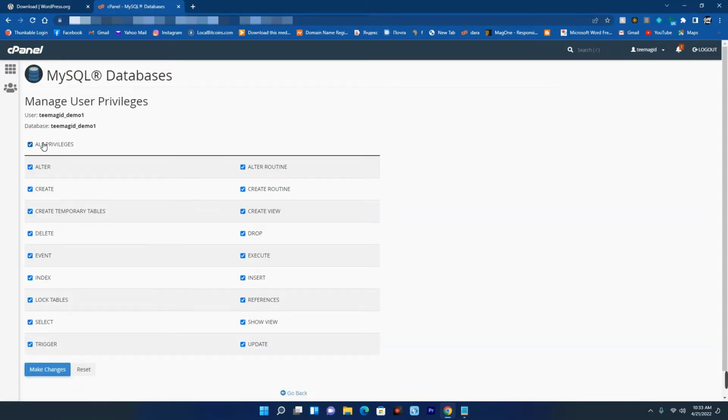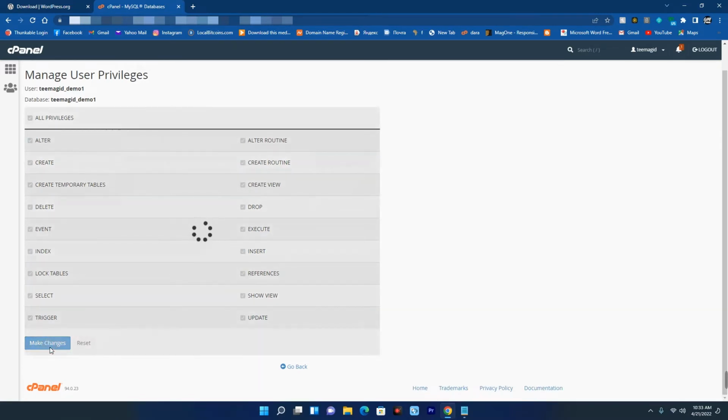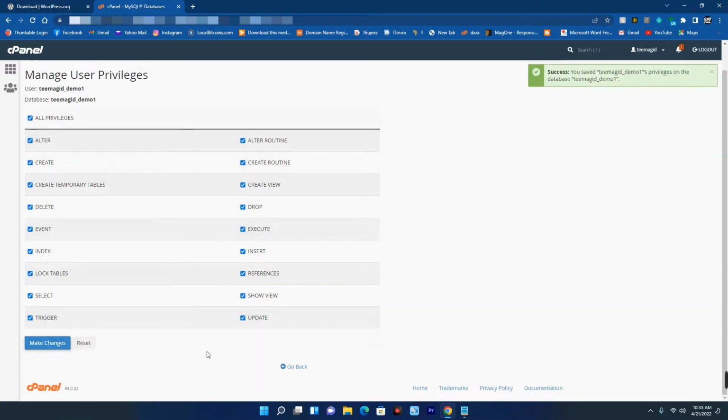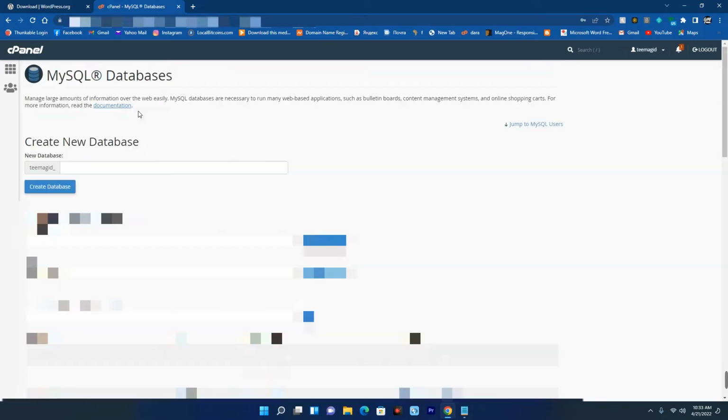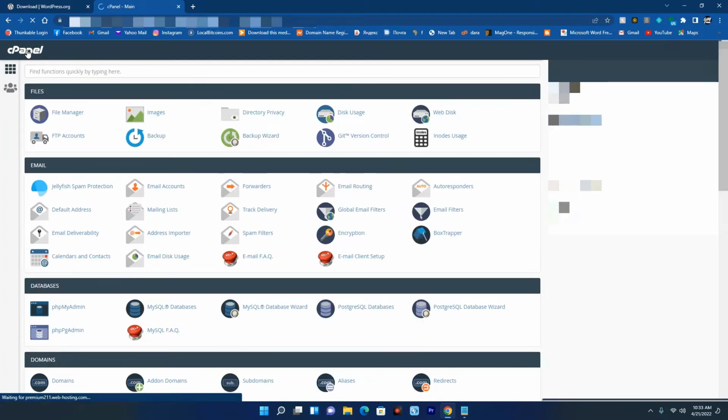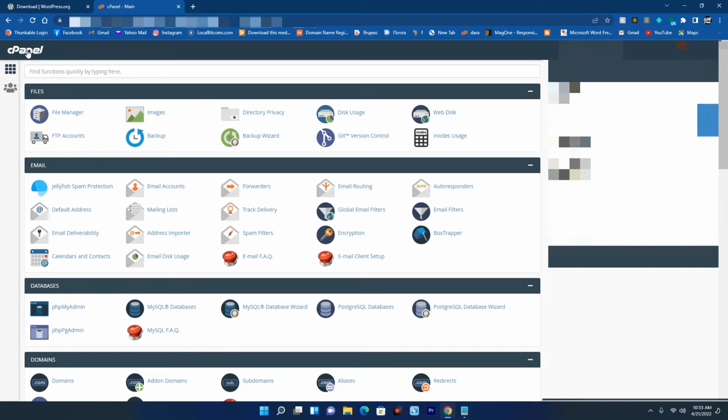Now click on all privileges and then click on make changes. Now you can see our database has been connected successfully. Now go back. Now head back to your cPanel main page by clicking on the cPanel logo up here. So now we are done with setting up our database. Now we have to install WordPress on our file manager. So click on file manager